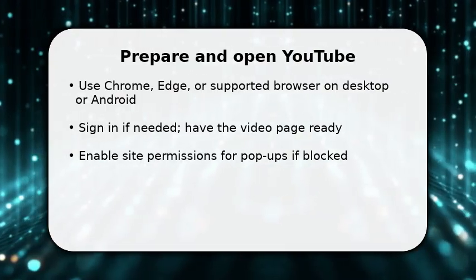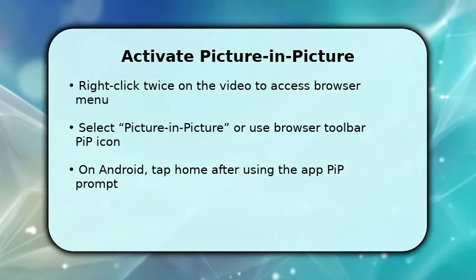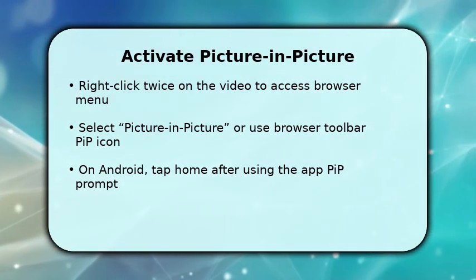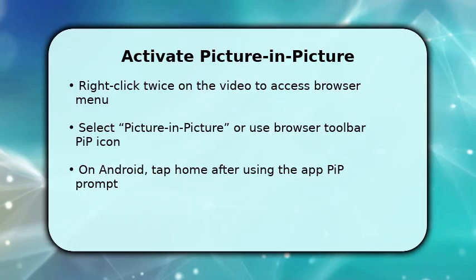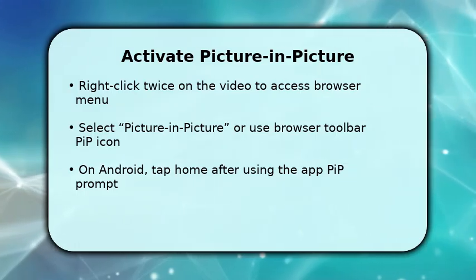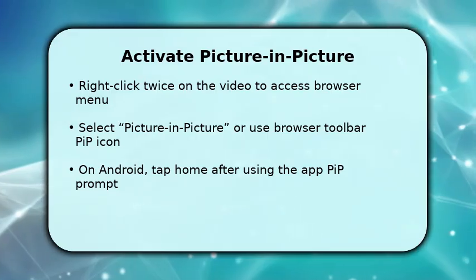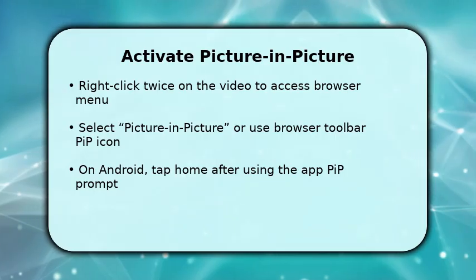Now you'll activate picture-in-picture. On desktop, right-click the video twice to show the browser's context menu and choose picture-in-picture. Some browsers also show a Pi-P icon in the video controls. Click that. On Android, play the video, tap the home button when the site prompts for picture-in-picture, or enable Pi-P in app settings first. Once invoked, the video detaches into a small floating window that stays on top while you